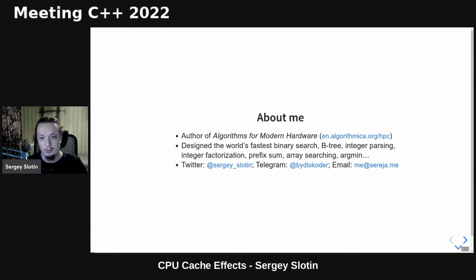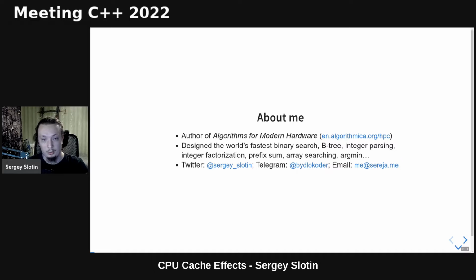And while working on it, I try to optimize various classic algorithms and data structures, the ones that you read about in textbooks, both out of curiosity and for pedagogical reasons, to use them later as case studies in the book, and succeeded in speeding up quite a few of them. But in this talk, I'm not going to pick just one of these algorithms. Instead, I will discuss a broad topic that is crucial for algorithm design, and especially for data structure design and for programming in general: memory, and more specifically, the CPU cache system.